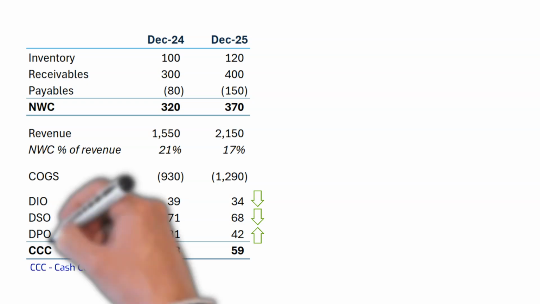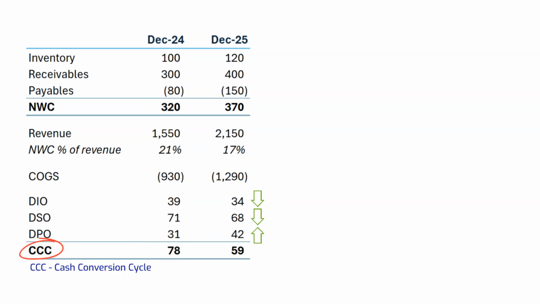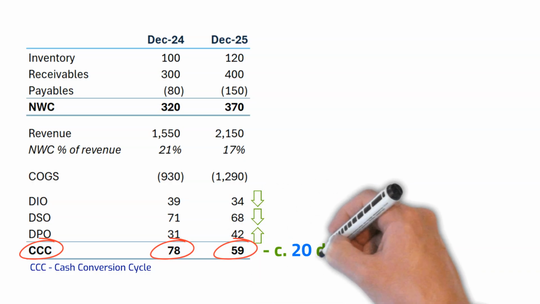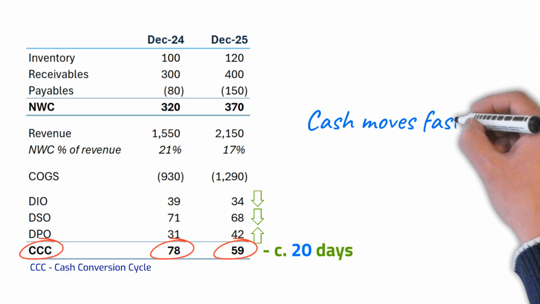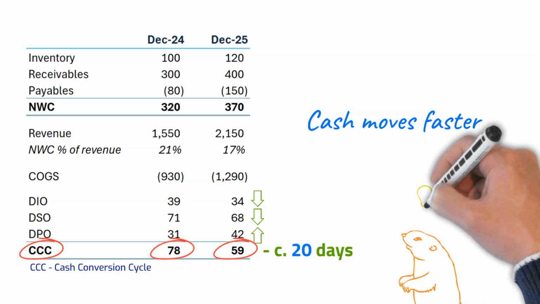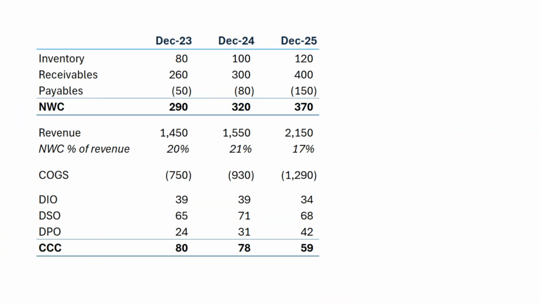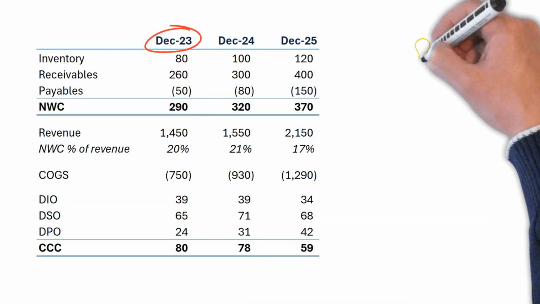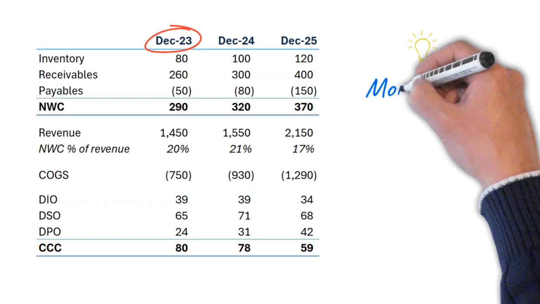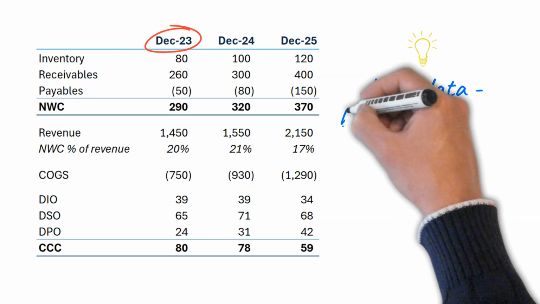And our cash conversion cycle dropped from 78 days in December 2024 to 59 days in December 2025, by 20 days. That means we collected our cash approximately 3 weeks faster. To make our analysis even better and more informative, we can look back 3 years and add December 2023. Here we go. A trend becomes more visible, and the more data points you have, the better conclusions you can